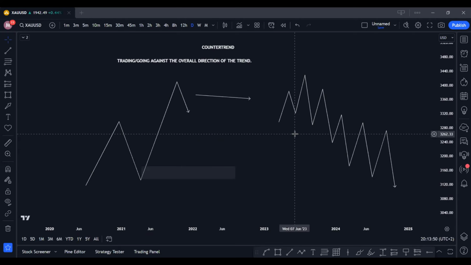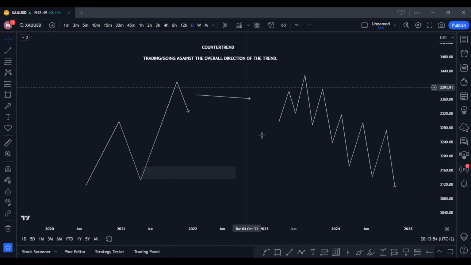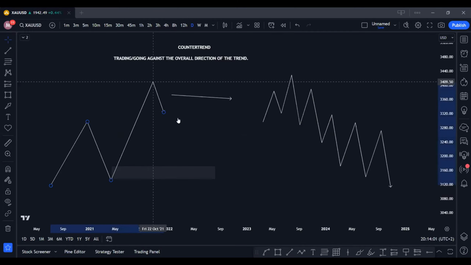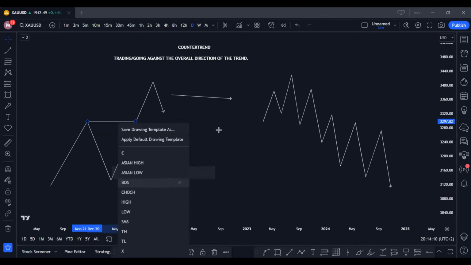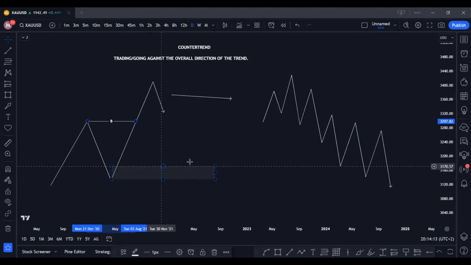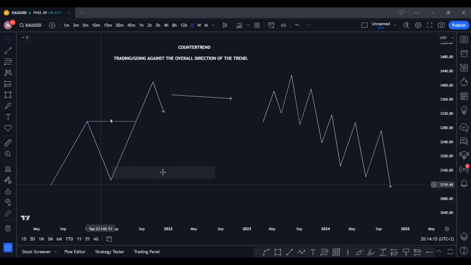and moving on to your counter trend trades, okay? So as I said, counter trend is trading or going against the overall direction, okay? Meaning that now, for instance, we're in a beautiful bullish trend here, so we're going to have this break of structure here. And since we're in a bullish trend, we know that we are breaking our higher highs and respecting our higher lows, okay? So immediately when price breaks our previous higher high, we know that it has to pull back and